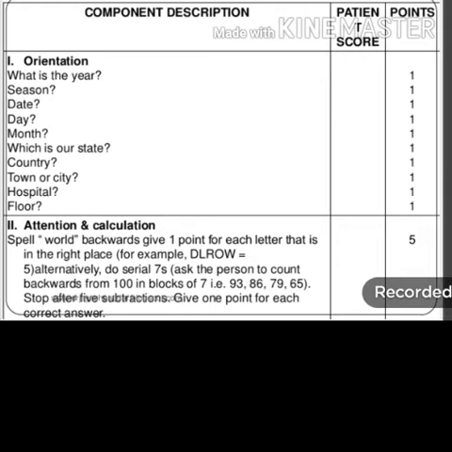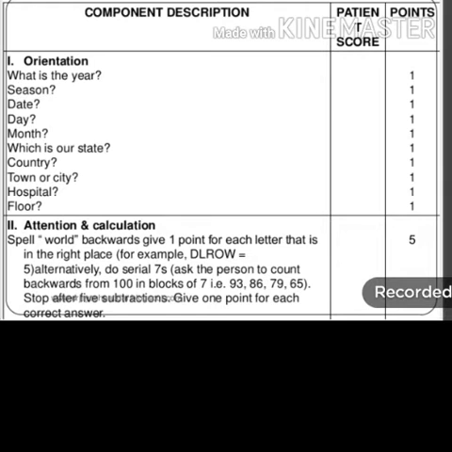In orientation to place, you can pose questions like: what country are we in? Which town or city are we in? What city are we in? What street are we in? What hospital are we in? What is the number of this house?